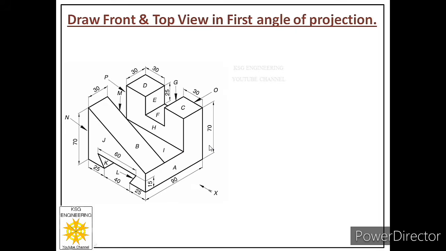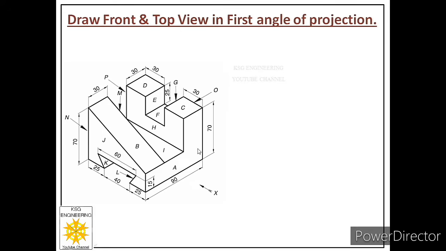If you can recall, in the previous lecture we discussed the front view and top view of an object in which there were parallel faces and inclined faces, but all the faces were visible. Now we are considering a third problem on orthographic projections. In this problem we have added one more category, that is hidden faces. So in this object we will have parallel faces, inclined faces, as well as hidden faces. So let us discuss its front view now.